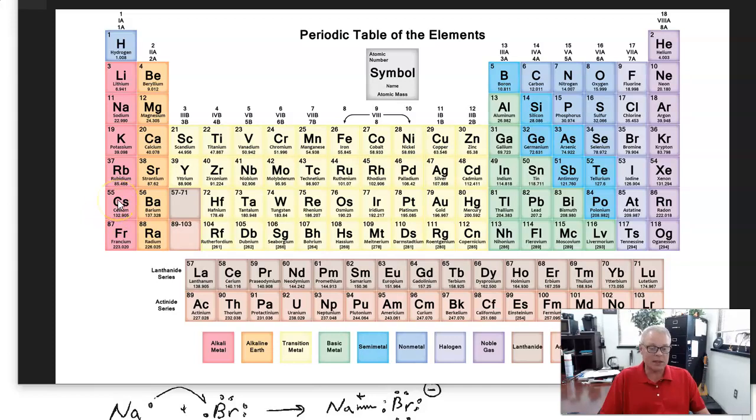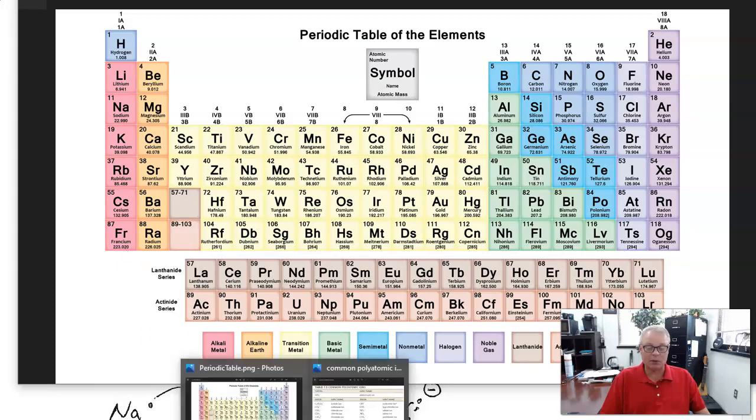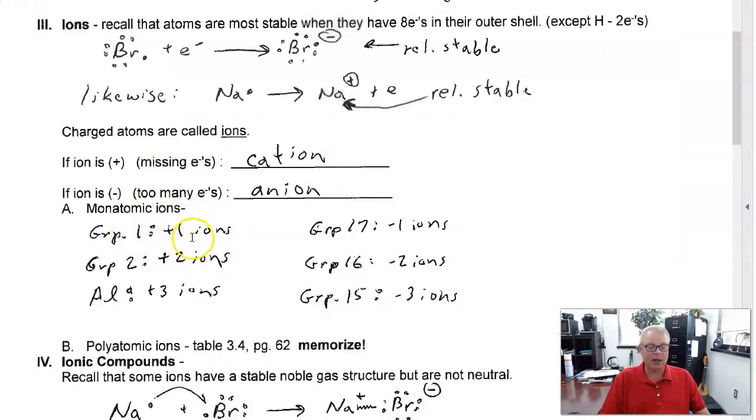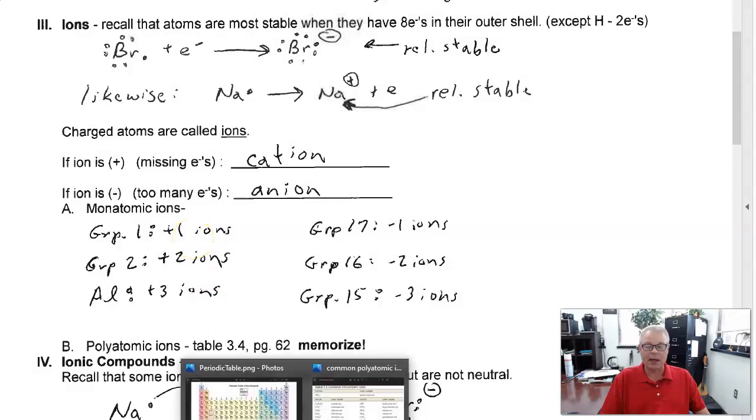What do you think would happen with cesium? Well, probably the same thing. Lose 1, have 54 like xenon. Do you see that all these elements in group 1, these are alkali metals, remember that, all form +1 ions? Okay, we said they were chemically similar. Well, there you go. That's one way. All right. Well, let's take a look at